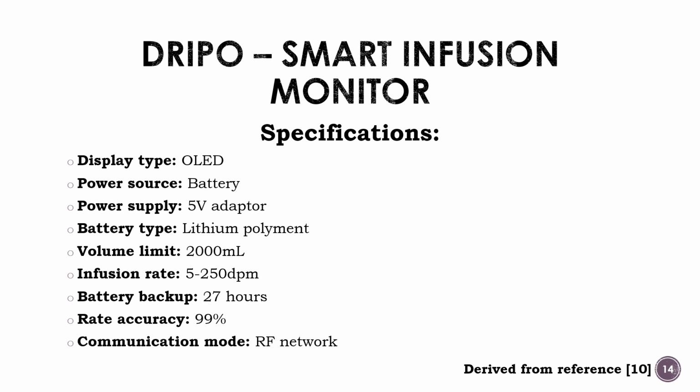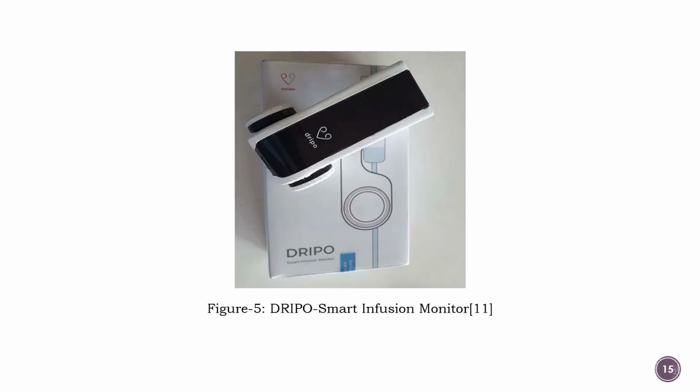So given are some specifications of this system. As you can see, the display type is an OLED, power source is battery, and battery type is lithium polymer. Battery backup is around 27 hours. Accuracy is 99%. Those are some of the main things that you should notice. So this is the product that they designed,